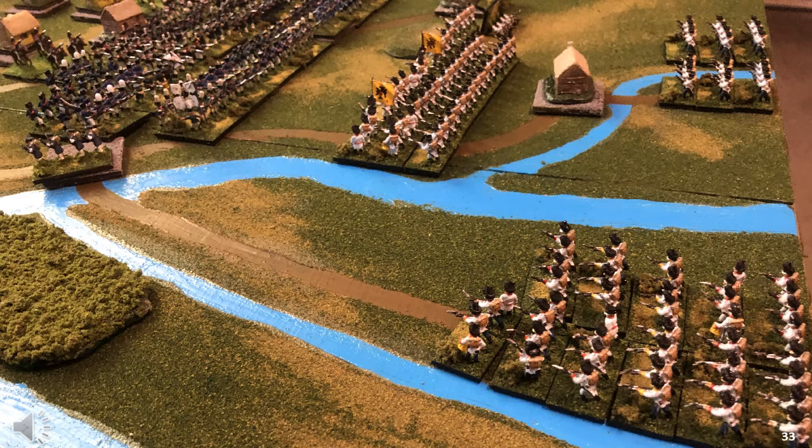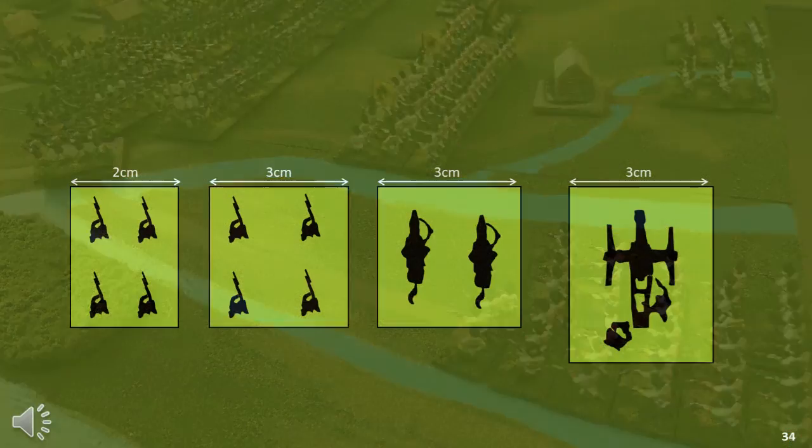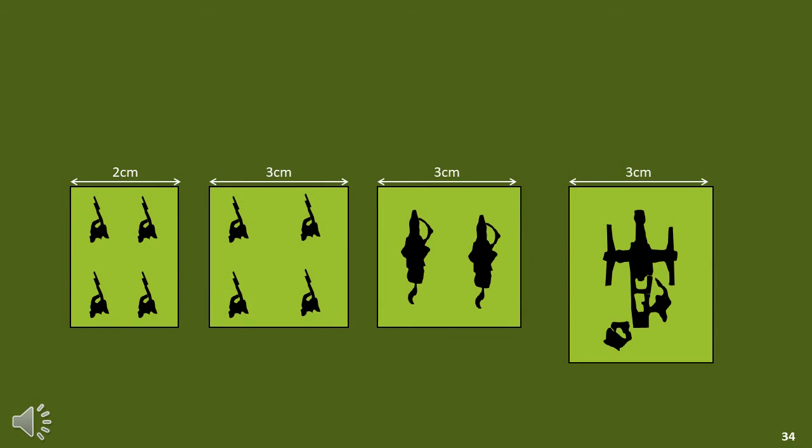If your rules use base widths to measure movement and fire combat, this would normally require all elements to be the same width. This was at least something I originally believed in until I used Napoleon Battles base figures, which are variable base figures, in a game which used base width rules. So the first issue is, when you have variable base widths, how do you calculate what the base width should